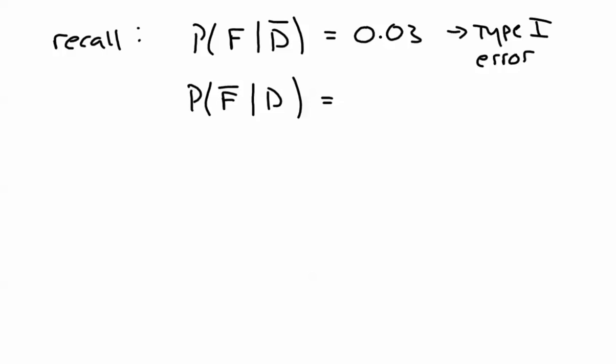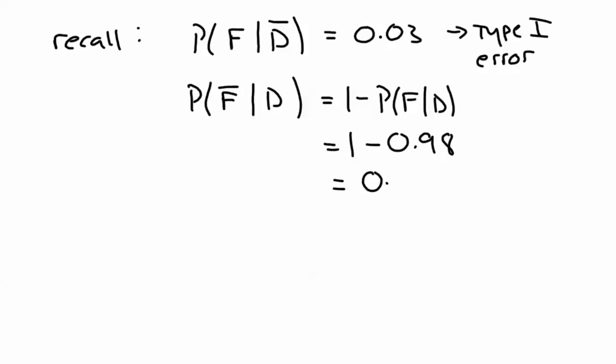This is 1 minus the probability that it fails the test if it is defective, that is 1 minus 0.98. That is 0.02. This is my type 2 error. All right, my type 2 error is 2%. My type 1 error is 3%. So my total test error